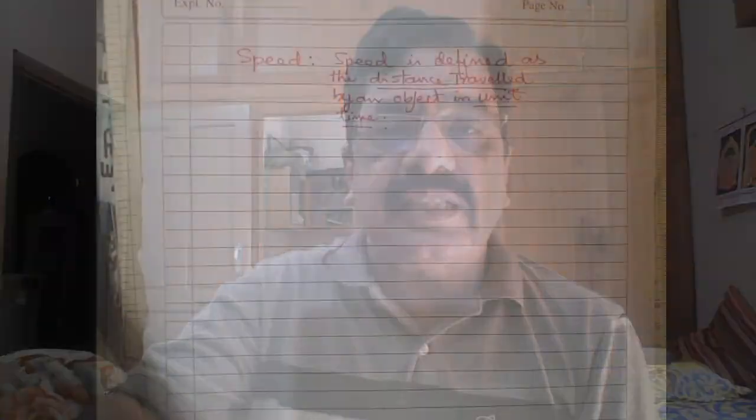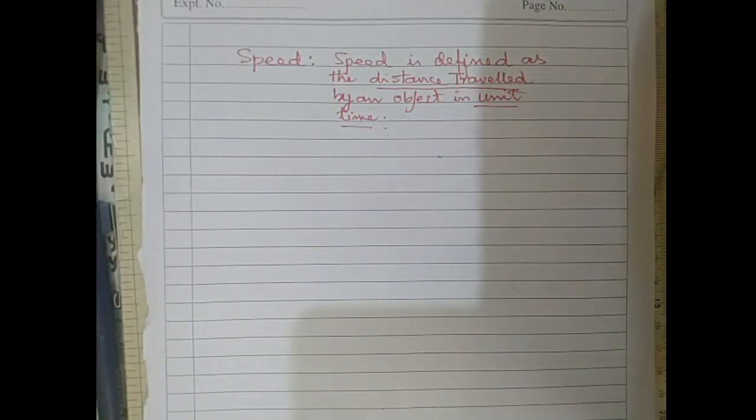We always calculate the speed for unit time. What is meant by unit time? Generally second is taken as a unit time. Even minute also we can take, hour also can take. Here most of the daily life situations will take up kilometer per hour. Our vehicles will take up kilometer per hour. This is called speed.